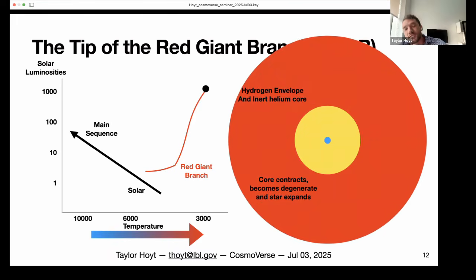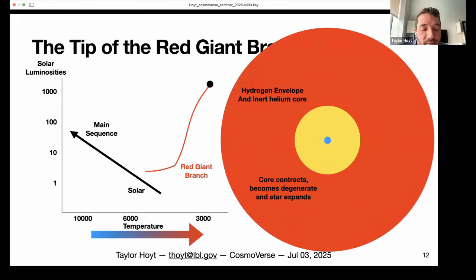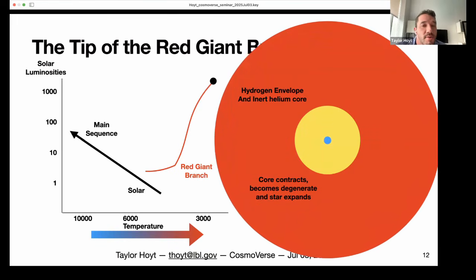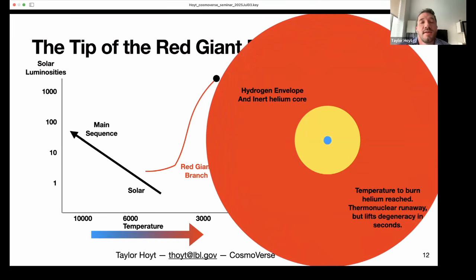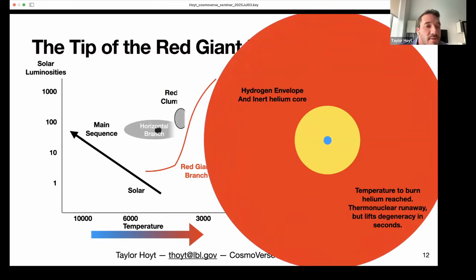It's rising the red giant branch as its hydrogen shell continues to burn unstably and deposit helium ash onto the degenerate core. And if you watch what just occurred, that rapid transition off of the red giant branch and towards what we call the horizontal branch, or the red clump, is when the core